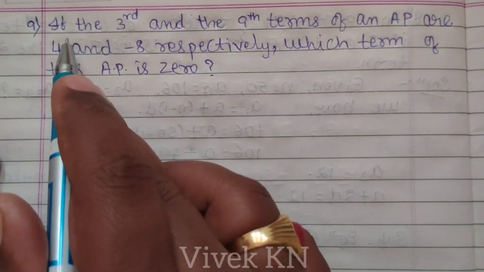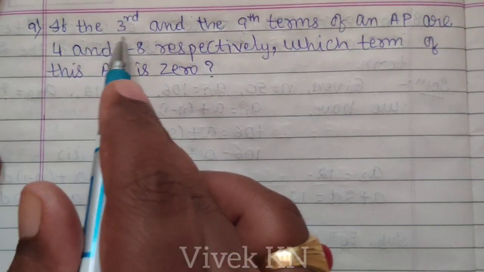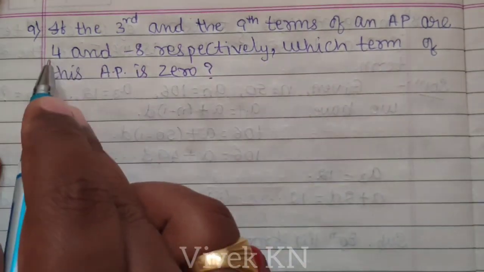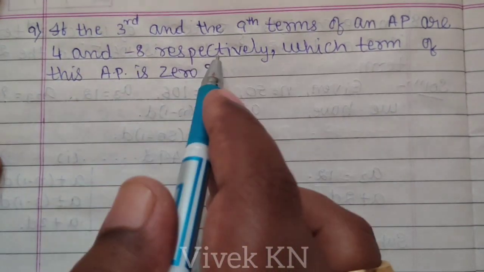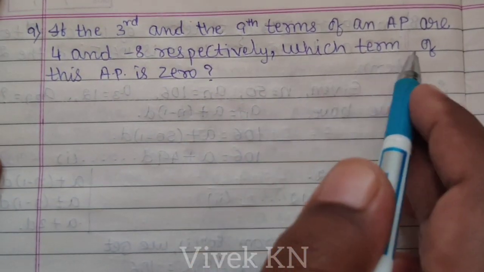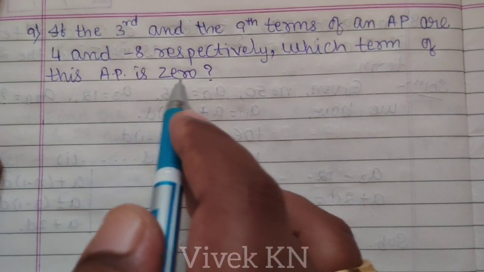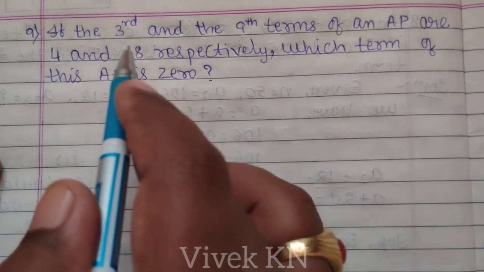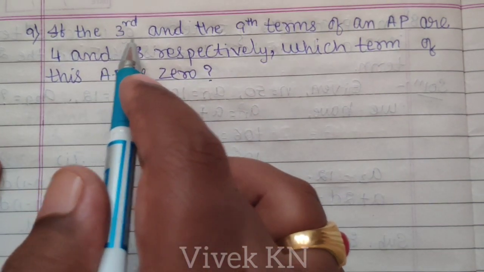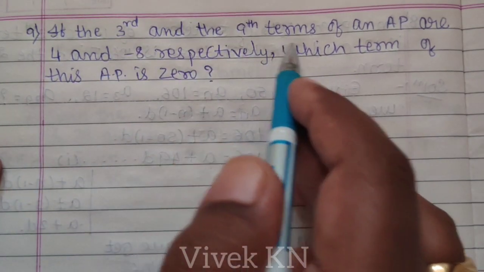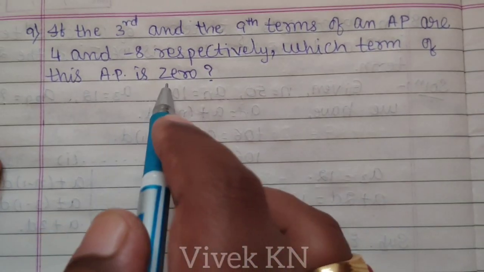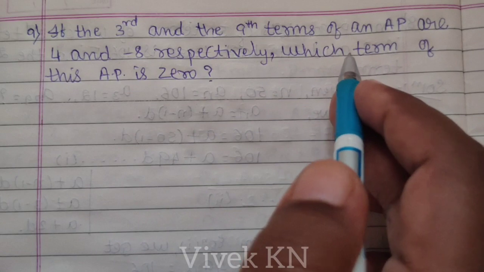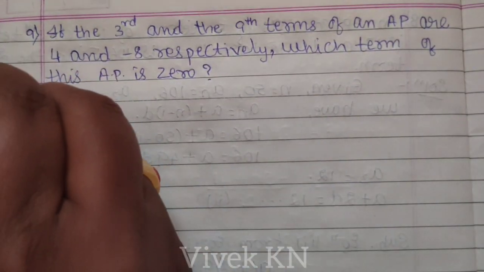Next, 9th question. If the third and the 9th terms of an arithmetic progression are 4 and minus 8 respectively, which term of this AP is 0? In this question, they have given the value of third term and the 9th term, and they ask which term of this AP is 0. We have to calculate the value of n. Solution: